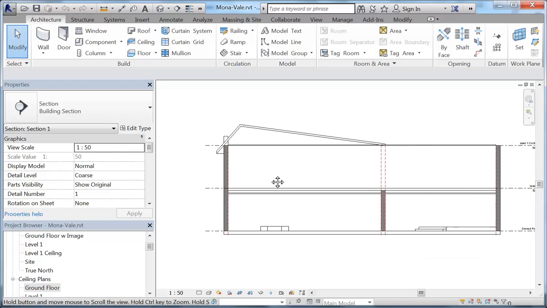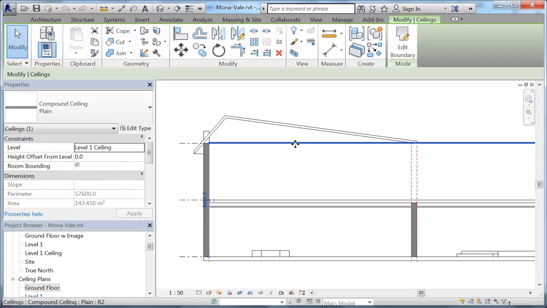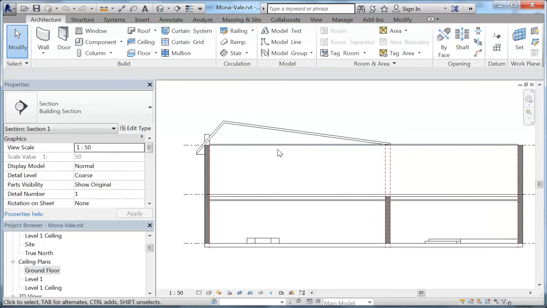Okay, so I've got my roof form there, which is at a fairly unusual angle, and I maybe want to have a ceiling that follows that slope rather than having a flat ceiling going through that space there. So I'll just start by going to, firstly, notice I'm in the section view, and I'm going